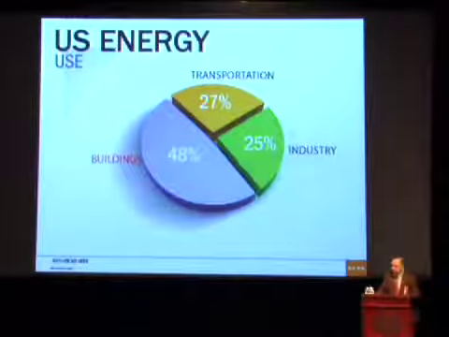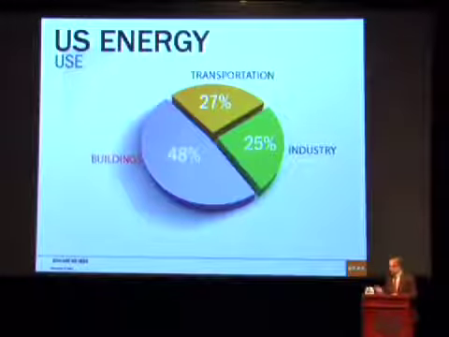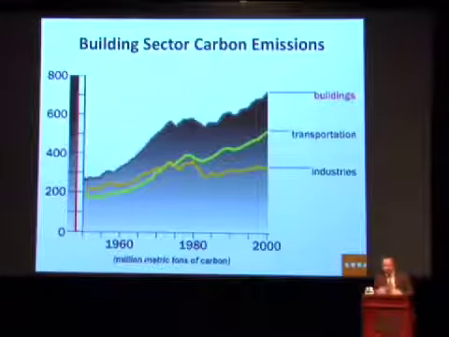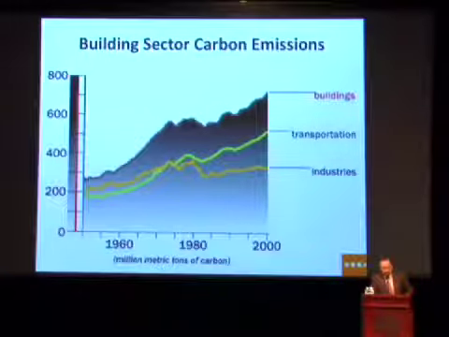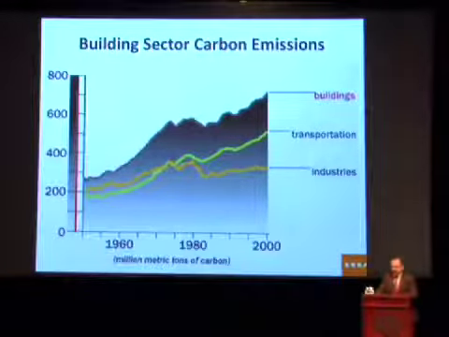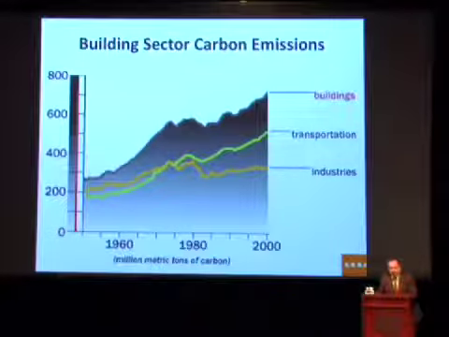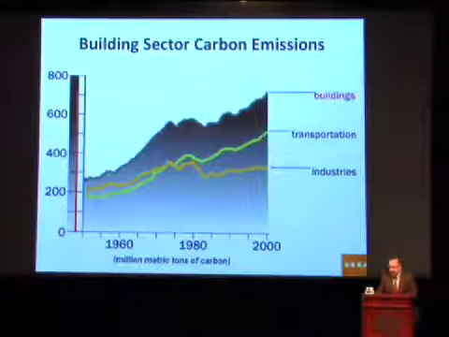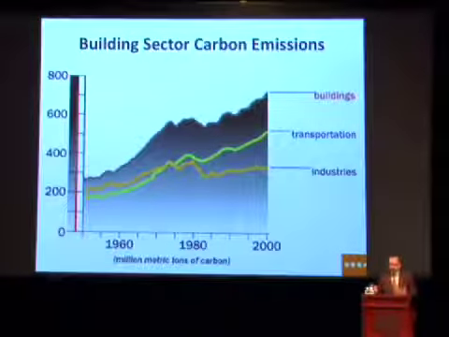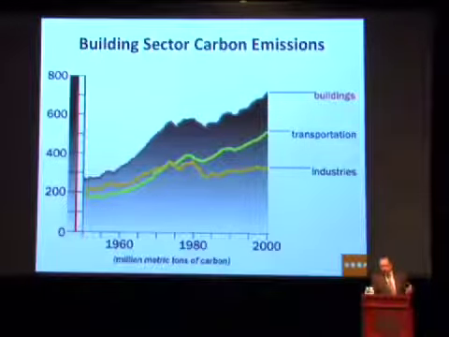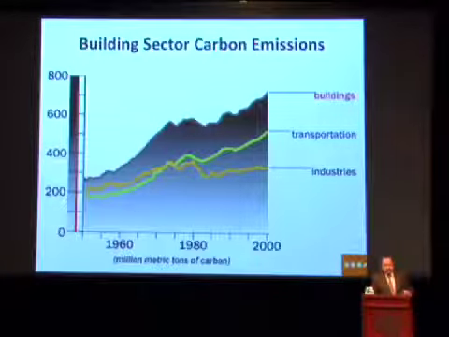And of course, most power that we generate goes to buildings. So likewise, since our power is very dirty and mostly coal-based or significantly coal-based, that means that the carbon impact of buildings is much higher, actually, than the carbon impact of our transportation sector or the carbon impact of our industrial sector. So when we talk about climate change and carbon reduction for the U.S., it really matters that we get the building sector right.